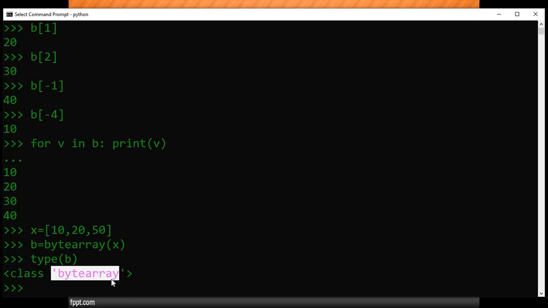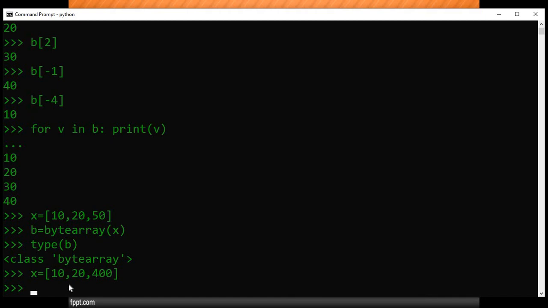Okay, once we get the output as bytearray, now अरे यार हमें value error का problem create करना था. Okay, so for example I will change it. x is equal to 10, 20, and I am using 400. Okay, so once we stored that x, now I am trying to convert this into a bytearray. Now the bytearray is there, and after that I am trying to copy the value of x.